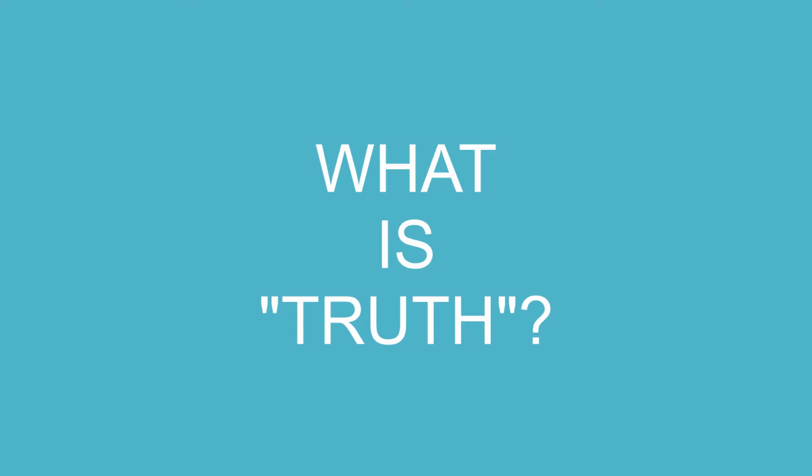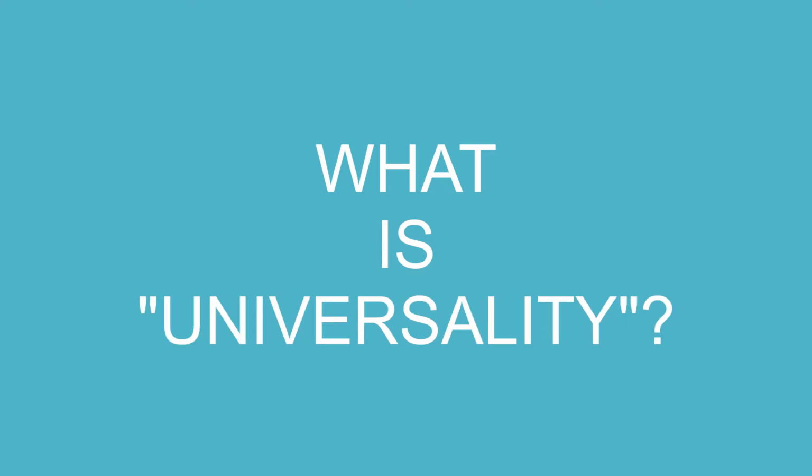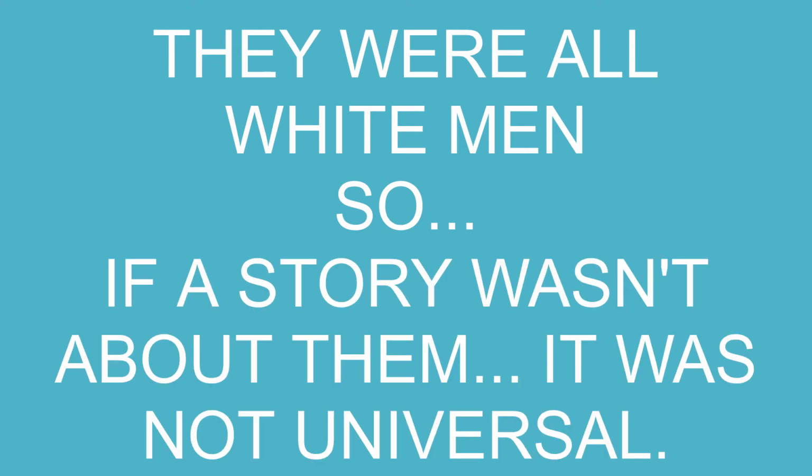So we can already see a bit of an issue here with the new critical way. They believe literature can provide us with truths, but won't we all disagree on those truths? But that's where they try to solve it with the universality argument. Well, literature should be about universal ideas that apply to all people, losing a loved one, struggling with one's identity in a changing world, etc. These are universal. And yes, they are rather universal, but here's the problem. The new critics were all white men, so if there was a book about the struggles of being a woman in society, well, that's not universal, is it? Women are not all people, so a story about women cannot be universal, obviously.